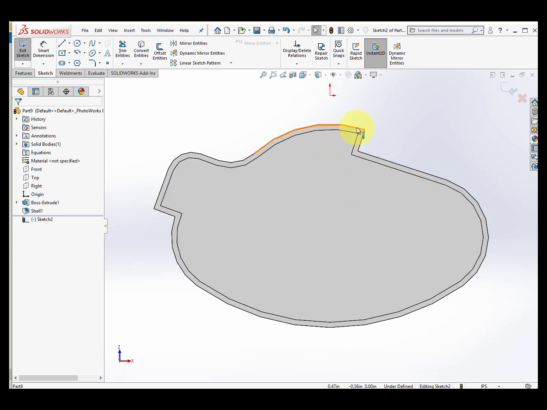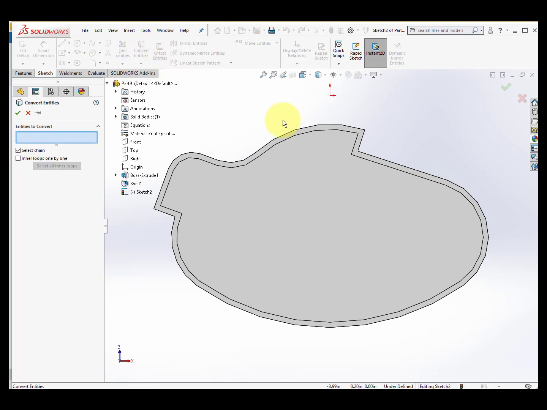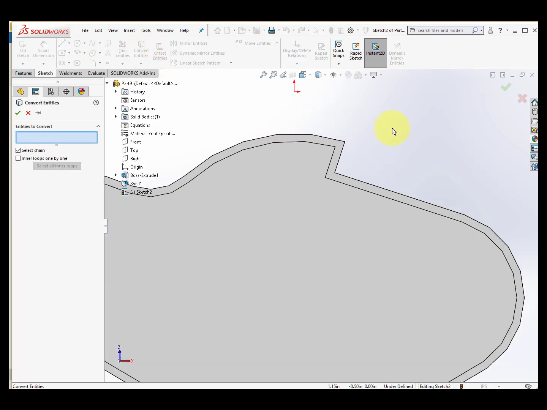To create the sketch I use two sketch commands. The first I want to use is this Convert Entities. I pick it,